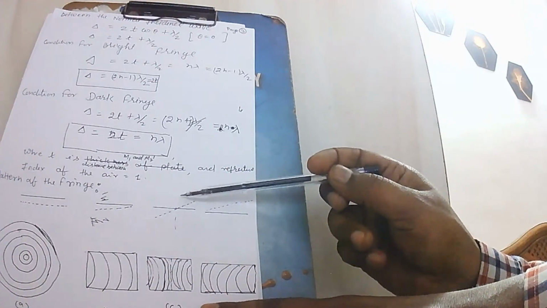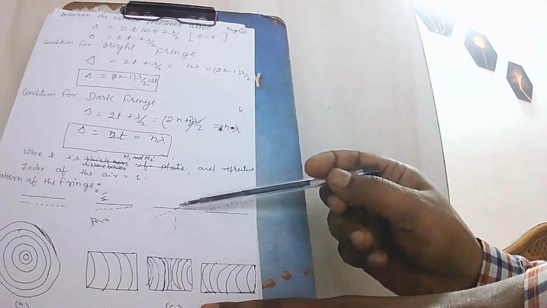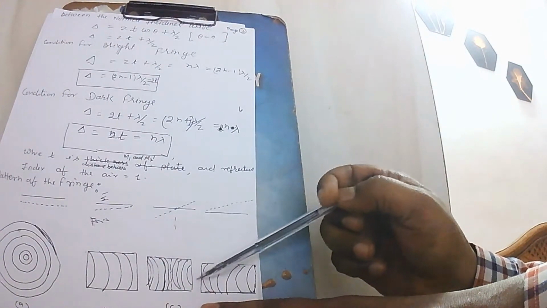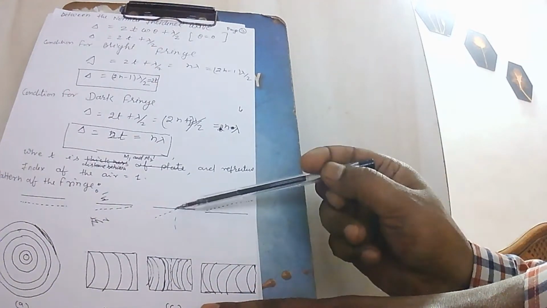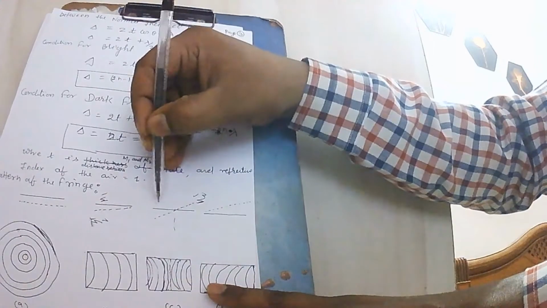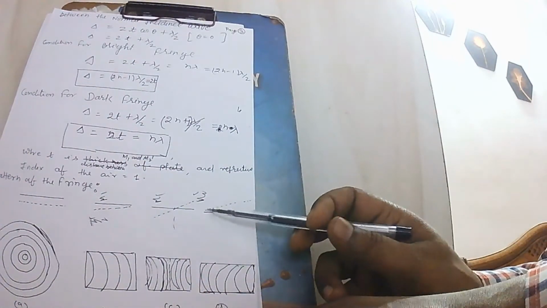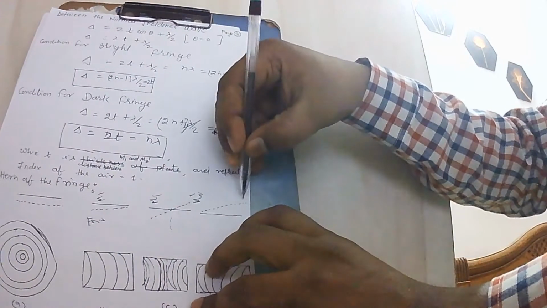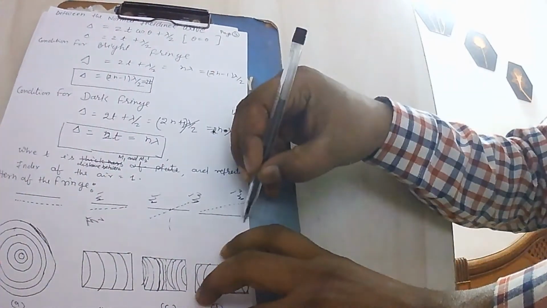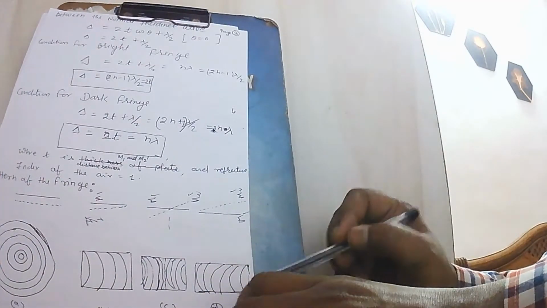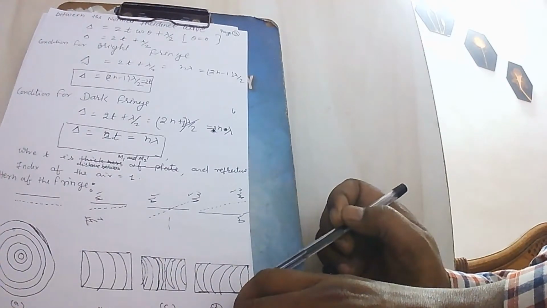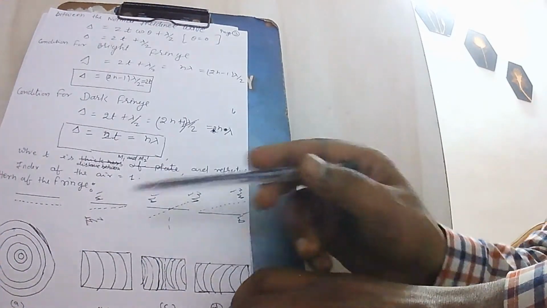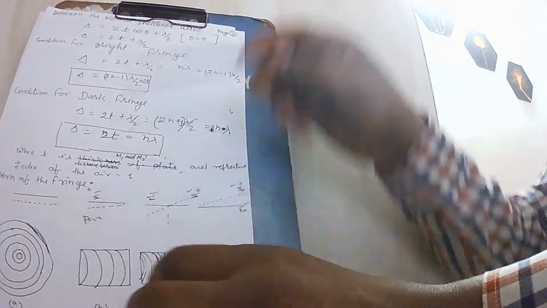If these two images cross each other and make an angle, the fringes start from there, evolve, and disappear at this point. So this is the point of disappearance. I call this M2 prime and this one M1. And if the M2 and M1 positions are like this, the fringes look like this, and they disappear at this condition. So we have seen the different types of fringes formed in this experiment.